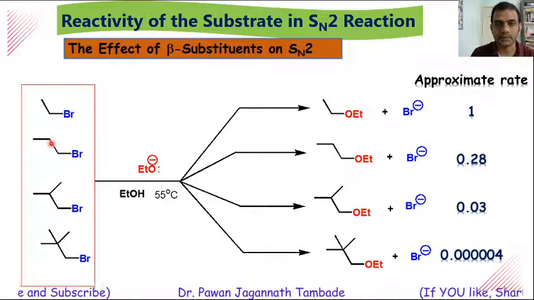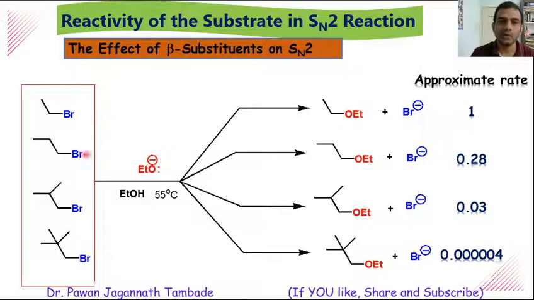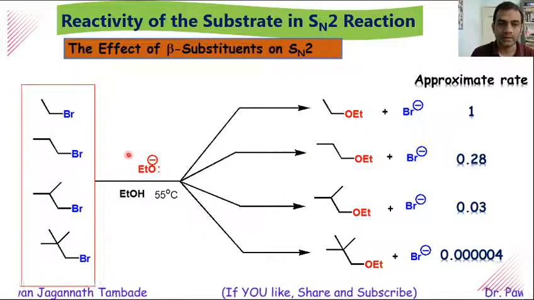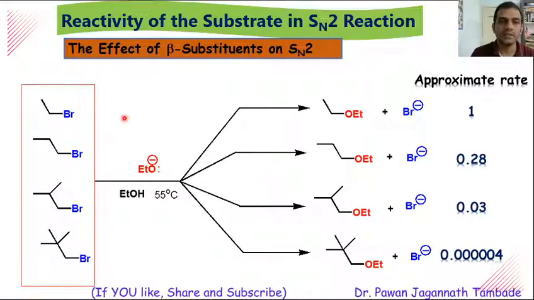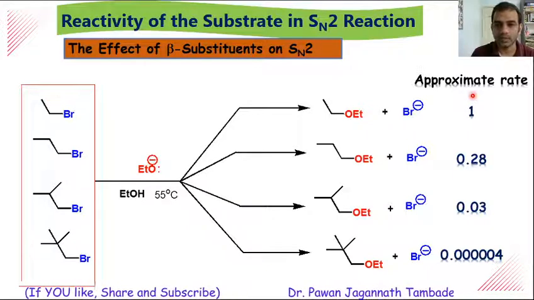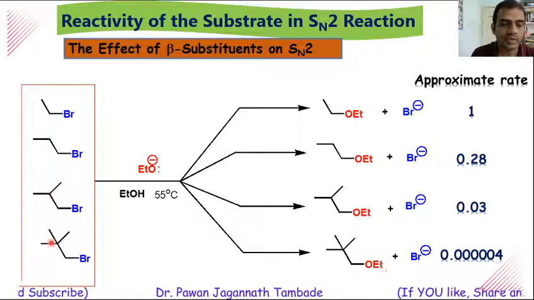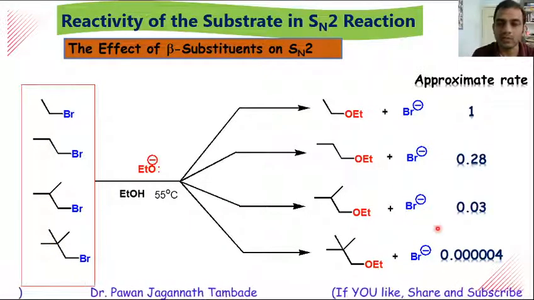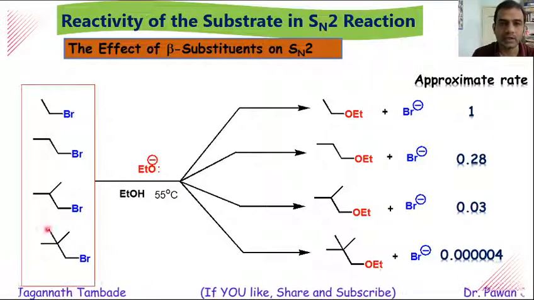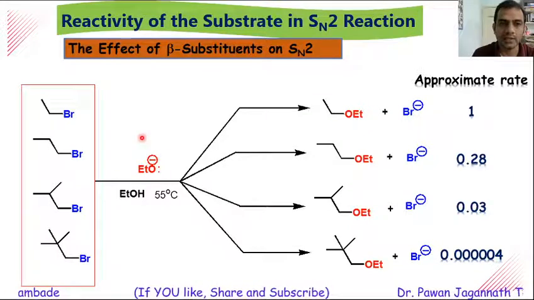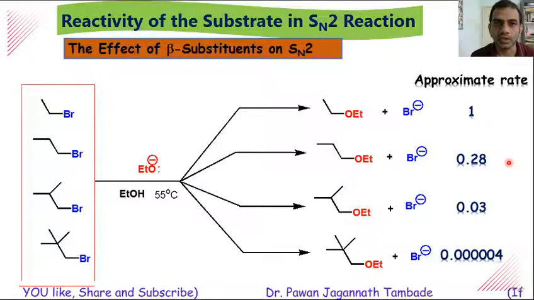Dear friends, if you look at all the conditions for this reaction, then all the conditions are similar. The nucleophile is the same, conditions are the same, leaving group is the same, but there is a difference in substituent at the beta carbon. And from this statistic, it has been observed that if substituents on beta carbons are increasing, then the rate of SN2 reaction is found to decrease, because this crowdedness also restricts the entry of the nucleophile, and because of that the rate of reaction decreases in SN2 type of reactions.